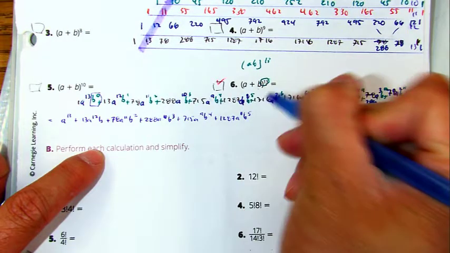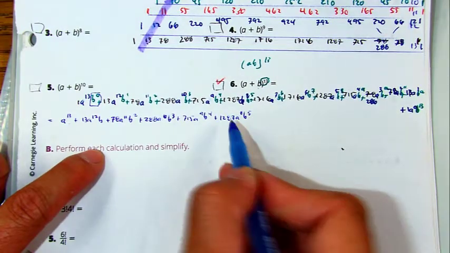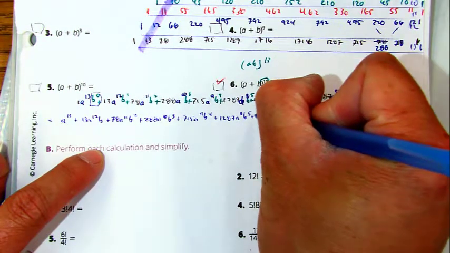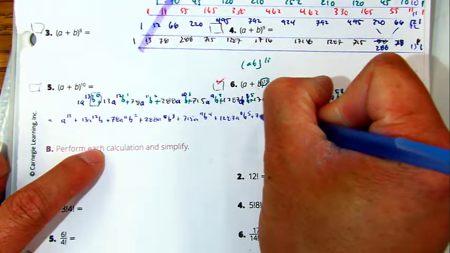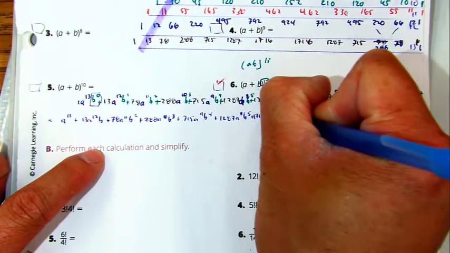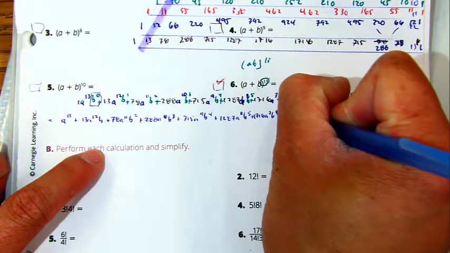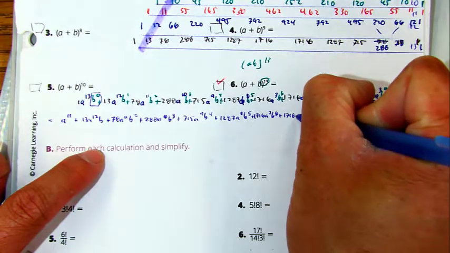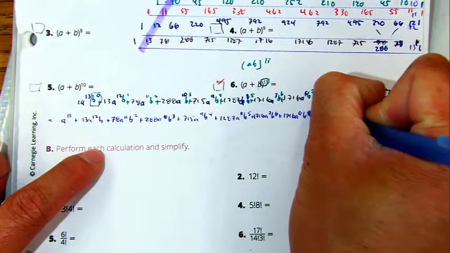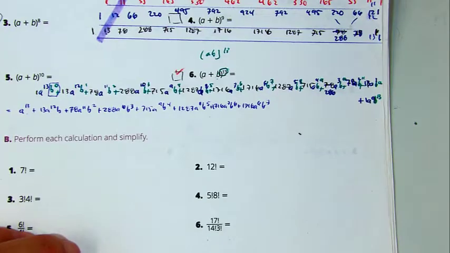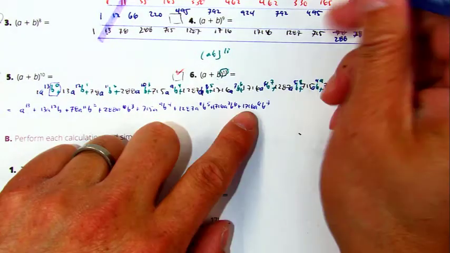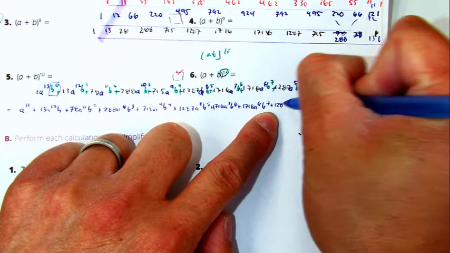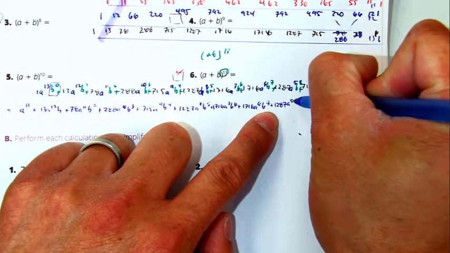Again, as you're writing those, make sure you're adding those exponents to make sure that equals the original exponent. 1716, a7, b6, 1716, a6, b7, plus 1287, a to the 5th, b to the 8th,